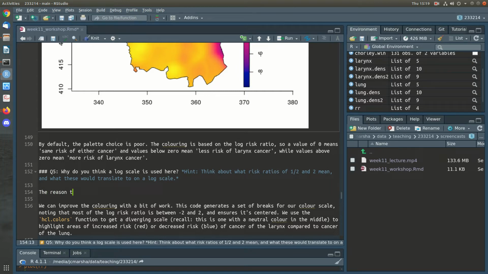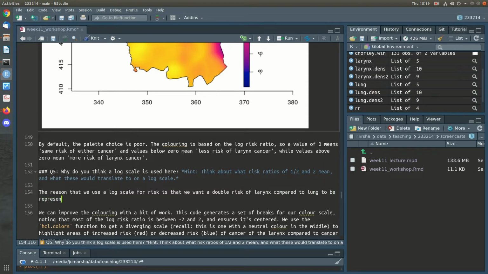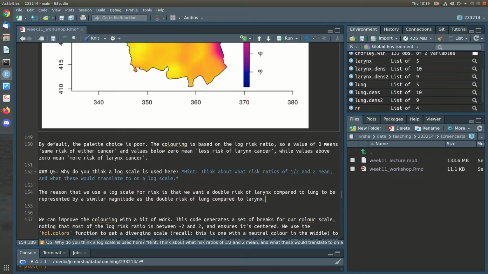So the reason that we use a log scale for risk is that we want a double risk of larynx compared to lung to be represented by a similar magnitude as the double risk of lung compared to larynx, right? So if you swap the roles of lung and larynx, twice the risk should be the same in both cases,